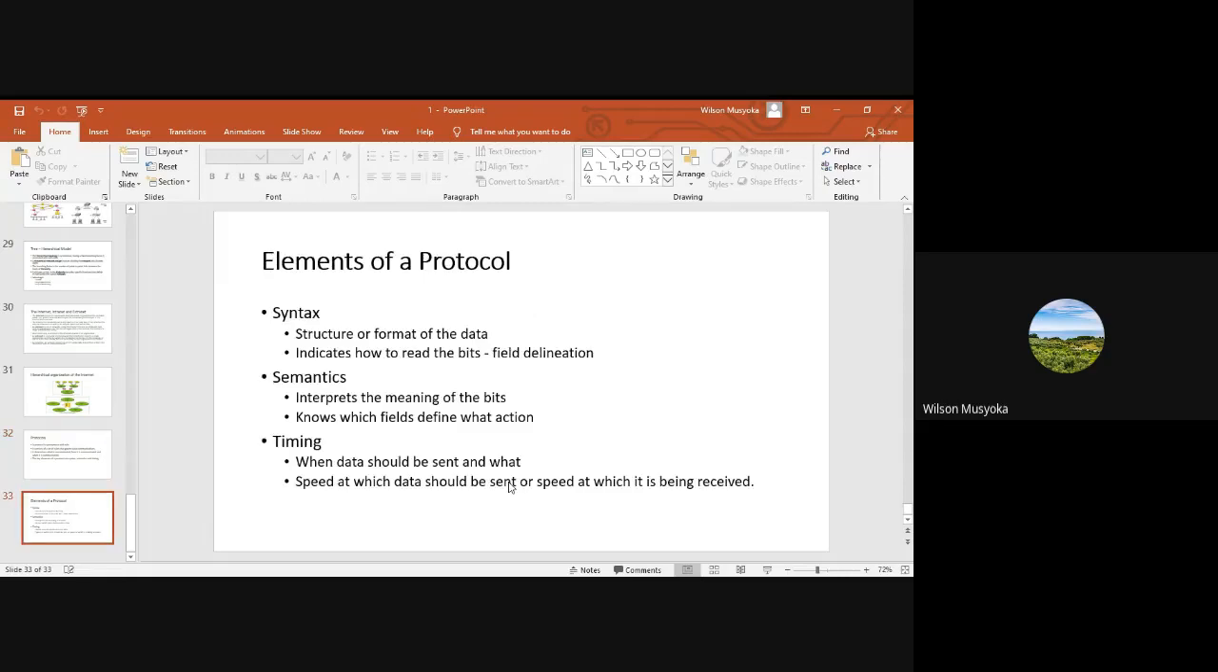So syntax is the structure or the format of the data. Like we were saying, data have different formats. If you remember, when we were starting the class,